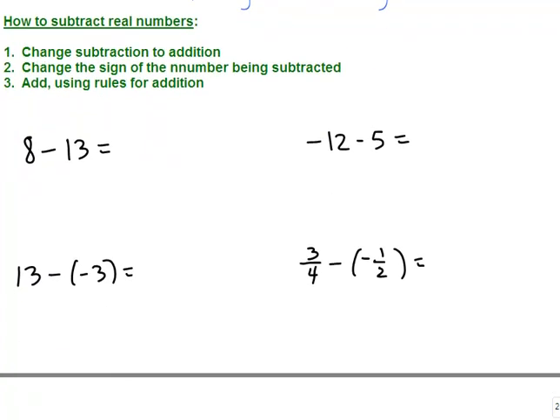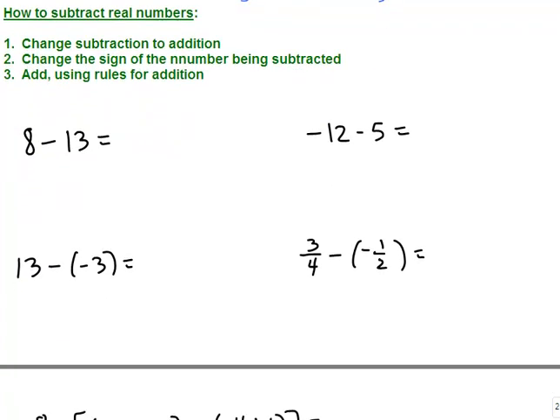So for example, if I want 8 minus 13, you can change this right away into 8 plus -13, 8 plus the opposite. And now this is an addition problem just like the ones we were doing. We have a +8 and a -13, different signs, so we subtract. 13 take away 8 is 5, and since 13 is bigger and it's negative, our answer is going to be